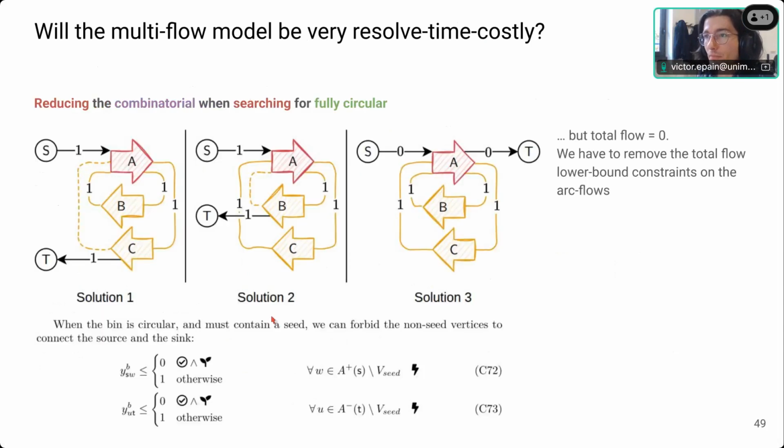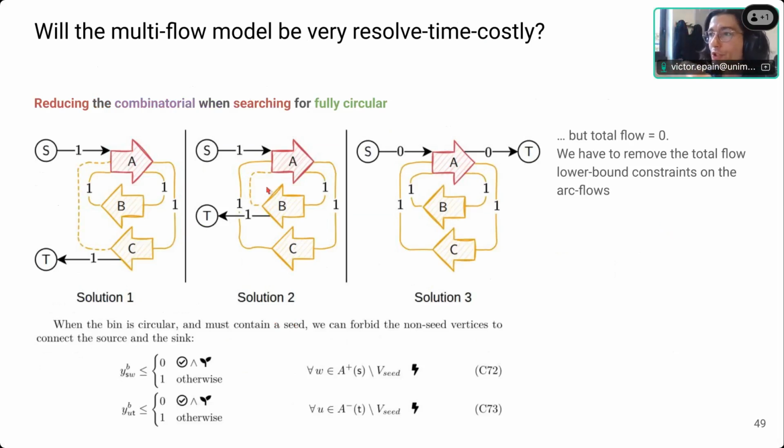Okay. We can also use some tricky things like reducing the combinatorial when we are searching for fully circular plasmids. You have permutations of the solutions that represent the same thing, especially when it is circular.